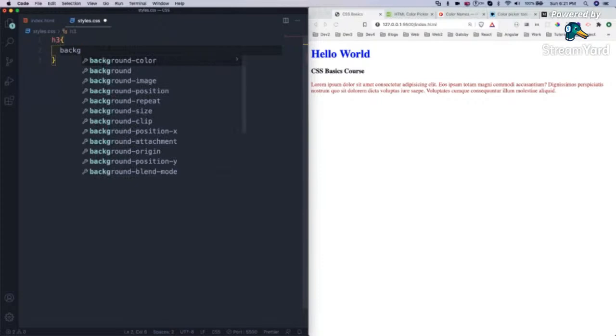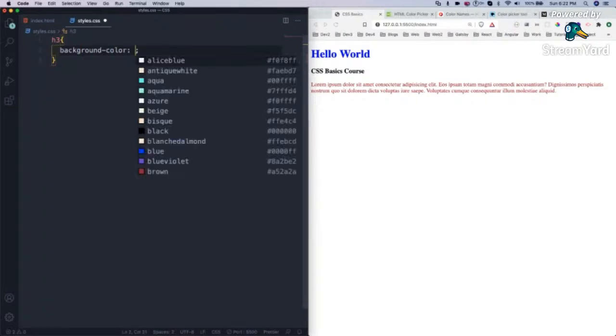Background color. One good thing about Emmet is that by default it gives us suggestions for everything. Background color is there, and it gives the possibilities of all the colors also. HTML5 has a lot of colors by default. There are different types of color values like hex values, and we can directly give the color name.